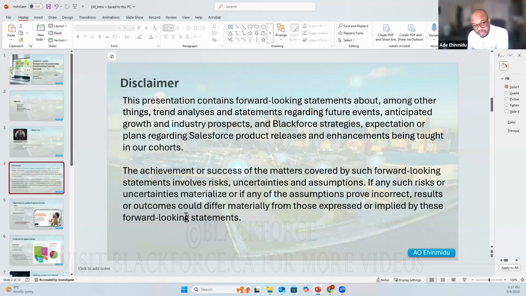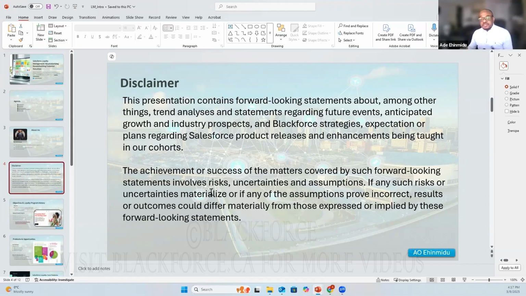So today, let's look at what this disclaimer is all about. This presentation contains forward-looking statements about, among other things, trend analysis and statements regarding future events, anticipated growth, and industry prospects, and Blackforce strategies, expectations, or plans regarding Salesforce product releases and enhancements being taught in our cohorts. The achievement or success of the matters covered by such forward-looking statements involve risks, uncertainties, and assumptions.